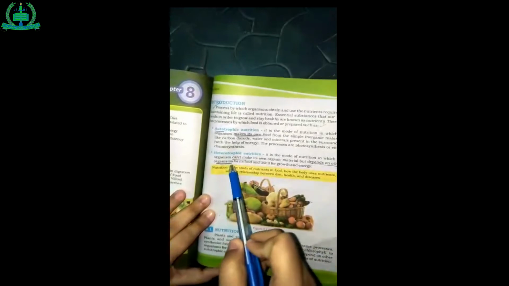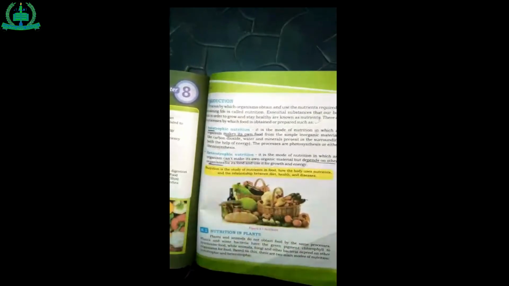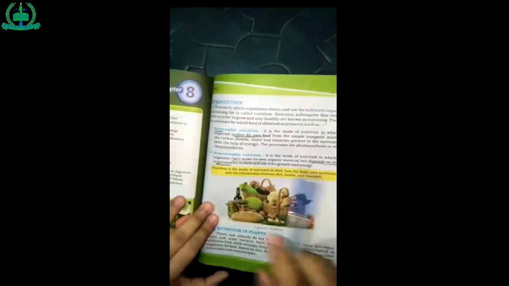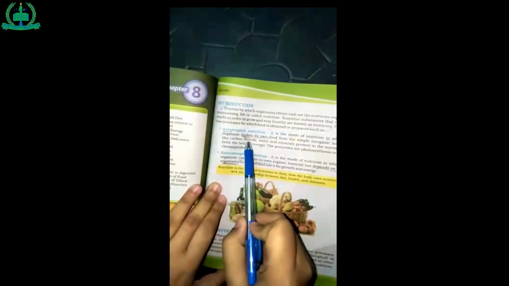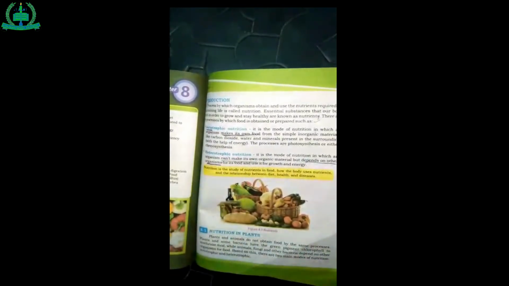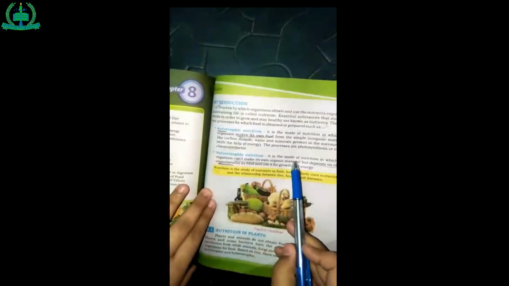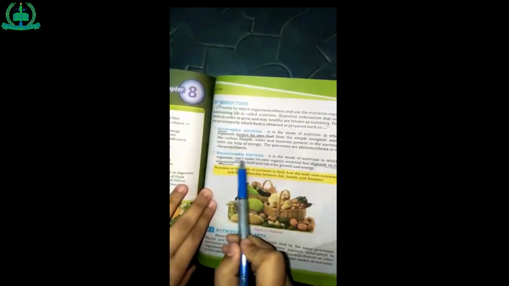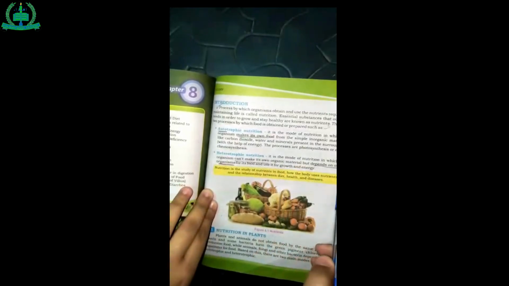The other nutrition is heterotrophic nutrition. It is actually the opposite of autotrophic nutrition. In autotrophic nutrition, an organism is capable of making its own food, right? But in heterotrophic nutrition, the organism is unable to make its own food. It is the mode of nutrition in which an organism can't make its own organic material, but depends on other